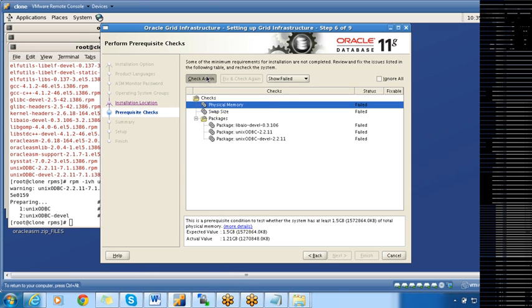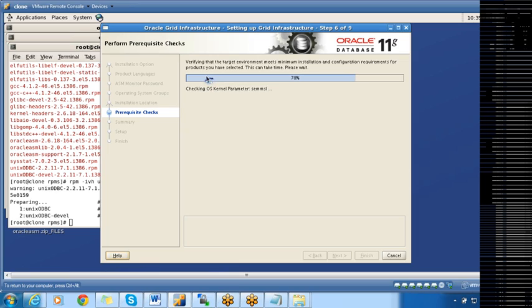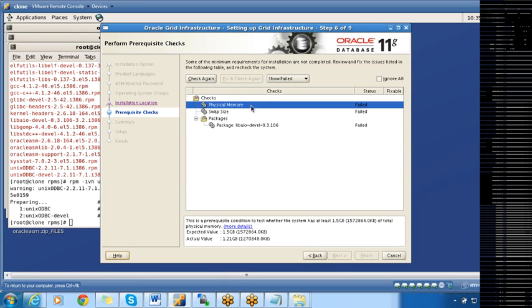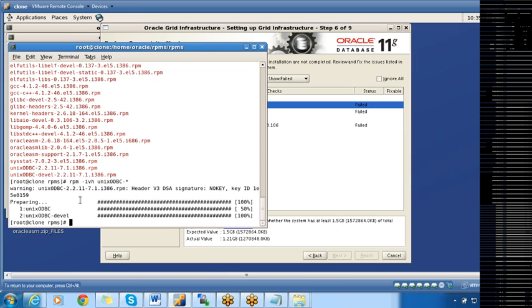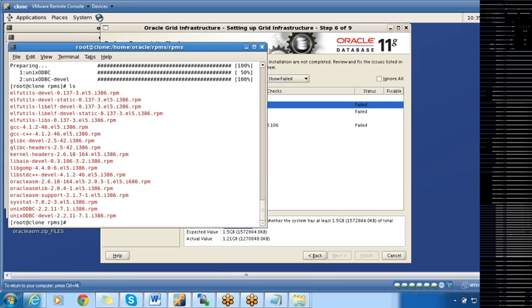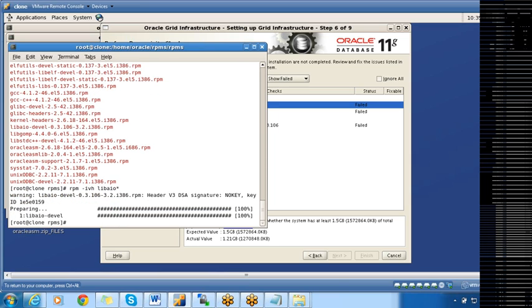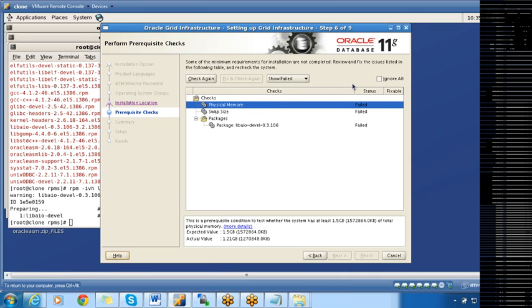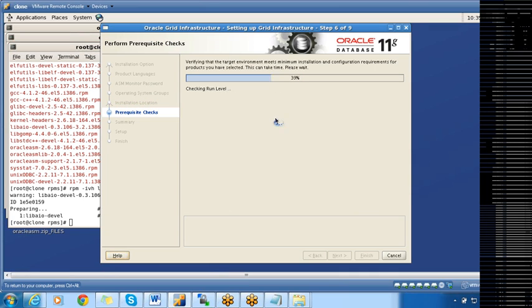Now I'll again click on check again. Okay, libio-devel should be installed. So RPM minus IVH libio. Okay, it's done. Just click on check again.